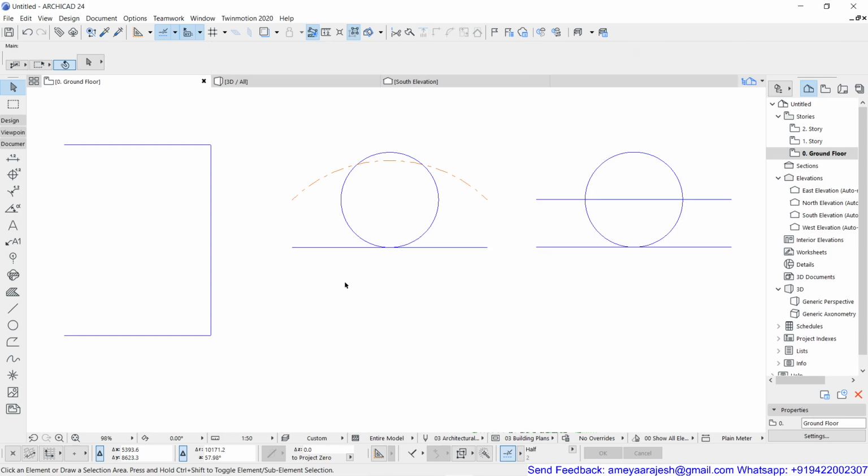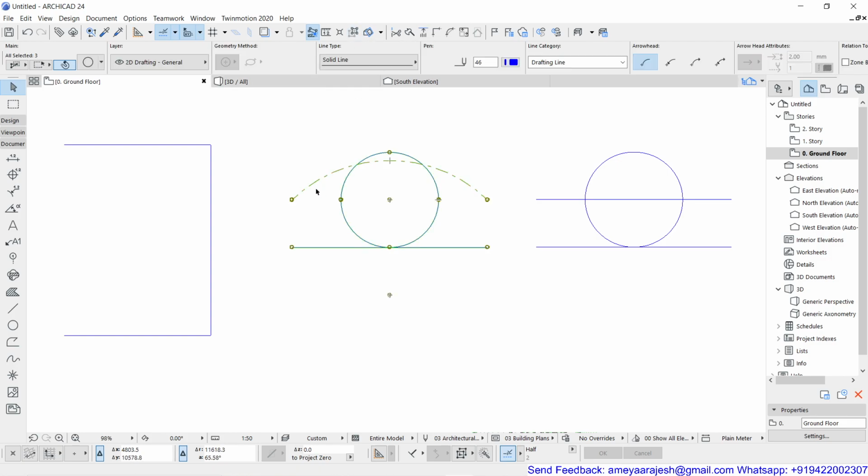Now, another thing you have to remember is that, for example, if I'm using Suspend Group Off, and I select the first group, and if I hold the Shift key and select one more group, you can see the group node carries a different color. They are not having the same color, just to indicate that this is supposed to be in a different group and this is supposed to be in a different group.